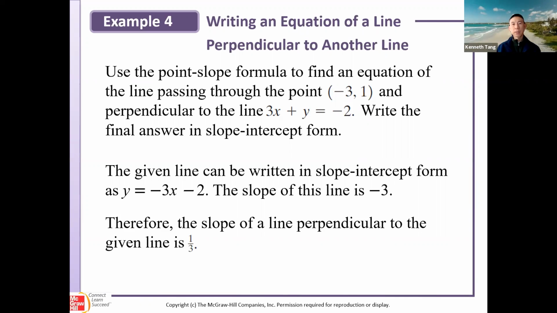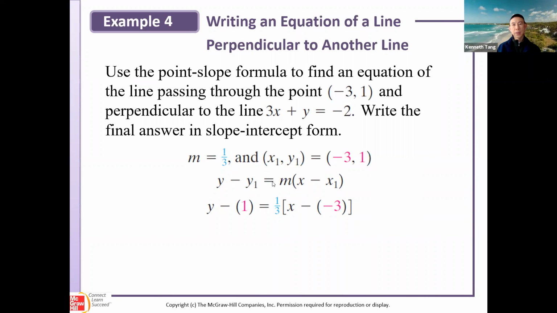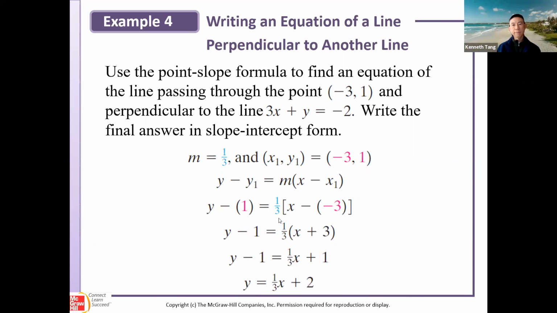So now that you know the slope is equal to 1/3 and passing through that point, I'm going to use the point-slope formula, substitute the slope with 1/3, substitute that point for x1 and y1, and now you can solve for y to get y = 1/3x + 2, and that will be your